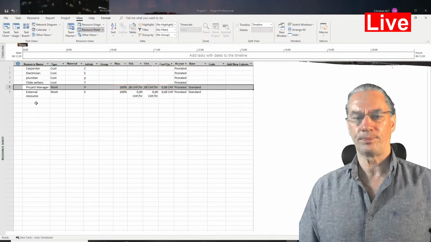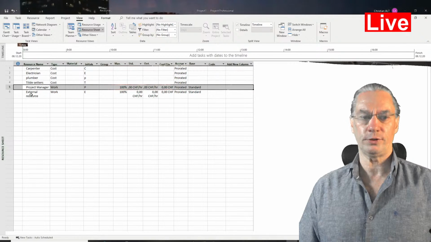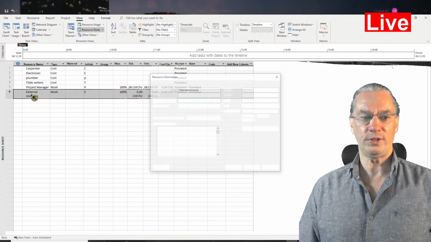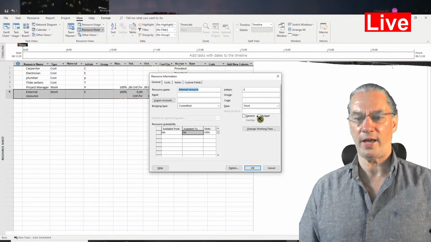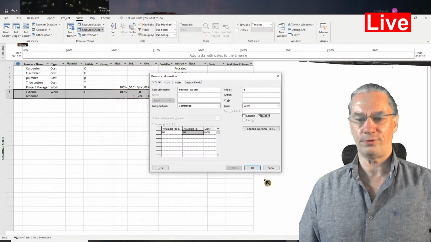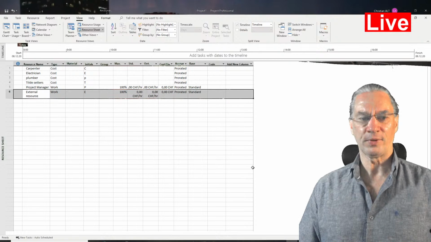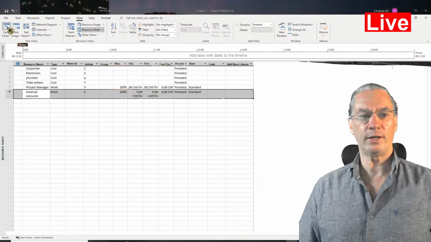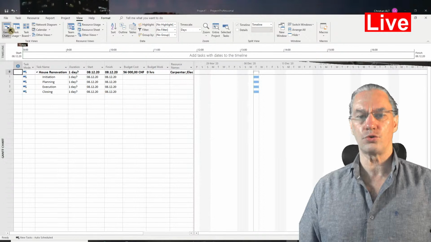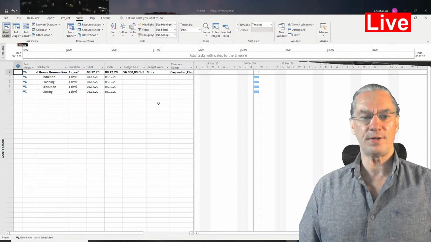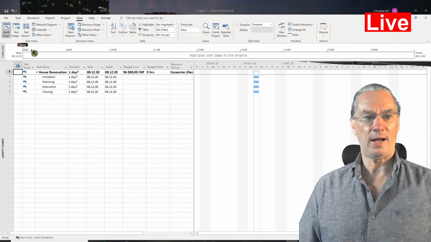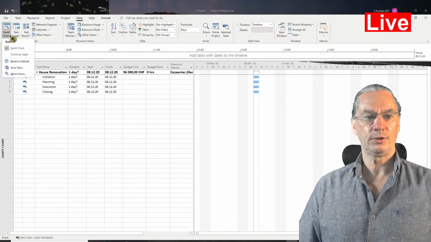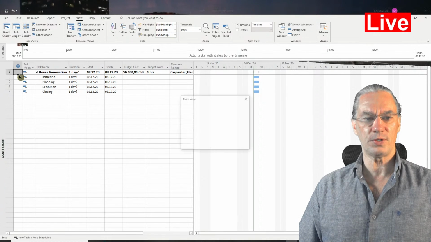I'll do it, and I'm pretty sure I forgot also to do this for the external resource, the helper that will come and help me. Of course, I had forgotten to do this. So now I've done those two things, and I go back to the Gantt chart just to show you that nothing changed. So I have to go now back to the resource usage.